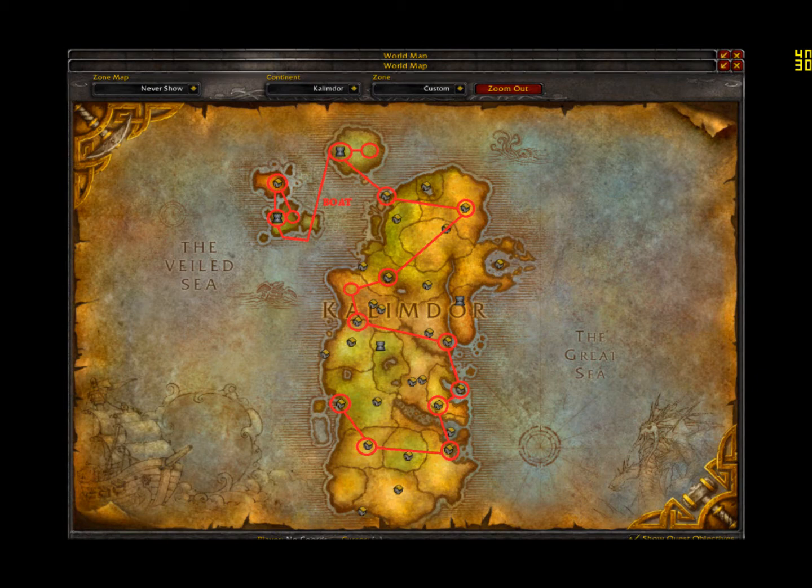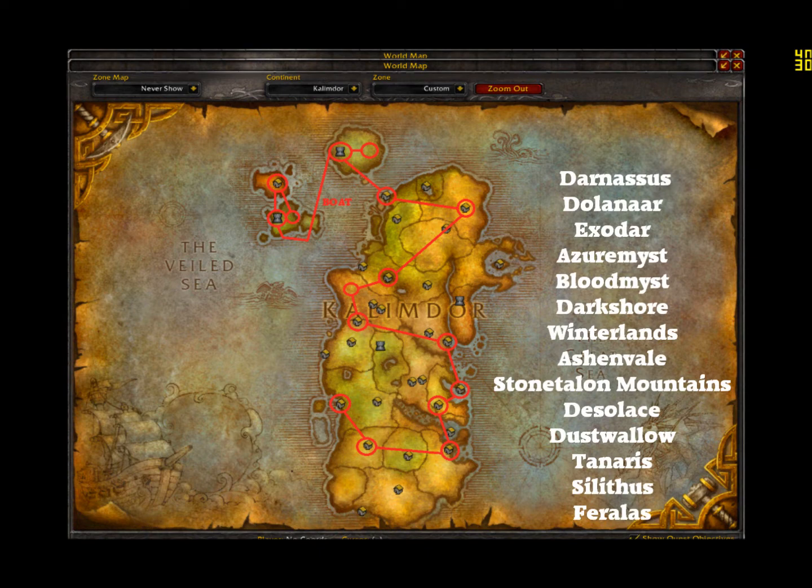So how it's going to start out is you're going to want to go right to Darnassus, because that's where the boat's going to land. And then from there, just exit the capital city, run right over to Dolanaar, and then come back. At the docks again, there's a boat on the far right hand side of the Darnassus docks. It'll take you right over to Draenei land, and that's where you will go inside the Exodar,